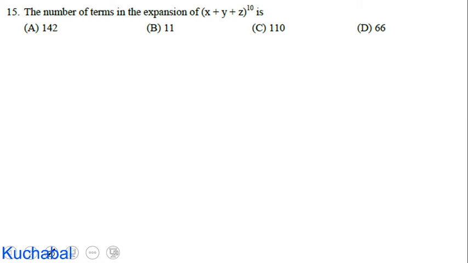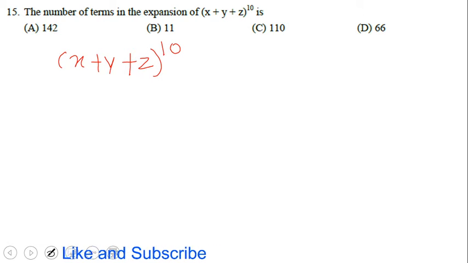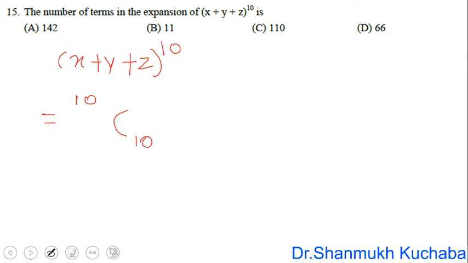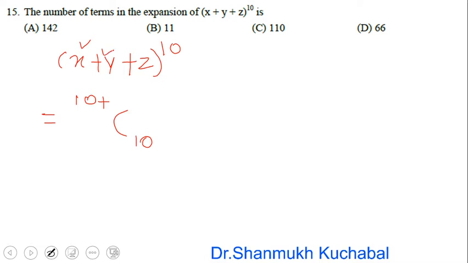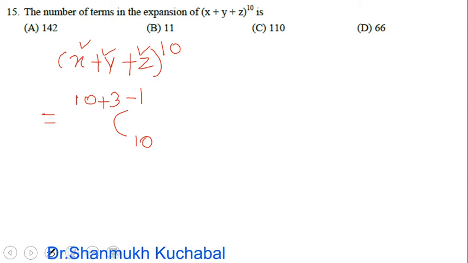Okay, so we'll move to our next example. The question is the number of terms in the expansion of (x plus y plus z) raised to 10 we have to calculate. This can be written as a combination relation. C 10 it will be, as the power is 10. Further, it is a trinomial, 3 terms are there, plus 3, then we subtract 1. You can use this formula for any type of expression here, a shortcut trick.